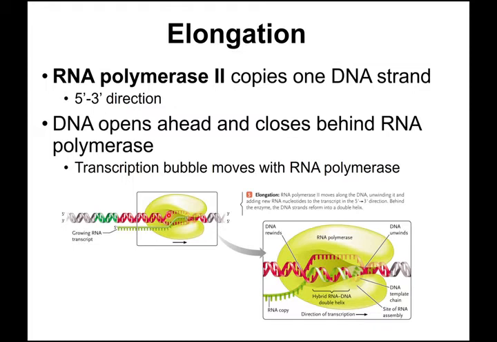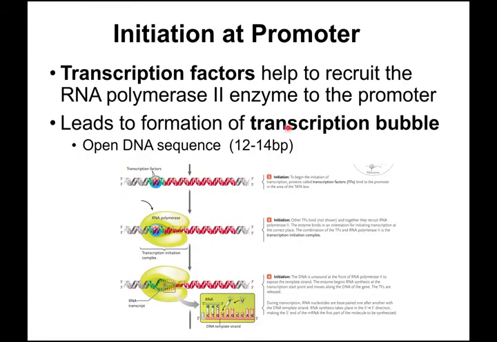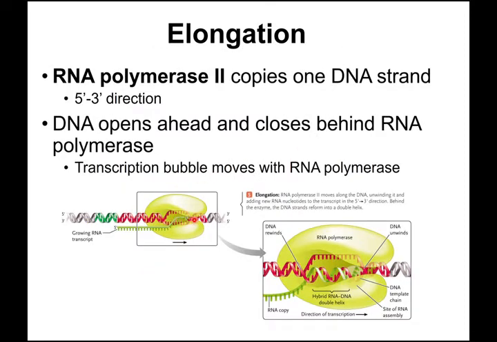While this is copying the template sequence, the sequence that's already been copied will start closing up, whereas the sequence that is ahead of where the polymerase is going will keep opening up. So what it looks like is that the transcription bubble, that region that is open, this 12-14 base pair region here, is moving through the sequence that has to be copied in the gene. And so this process, elongation, is nothing else than the process of polymerization by RNA polymerase 2, which forms a copy of the template